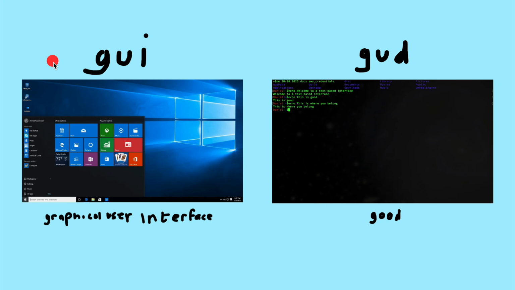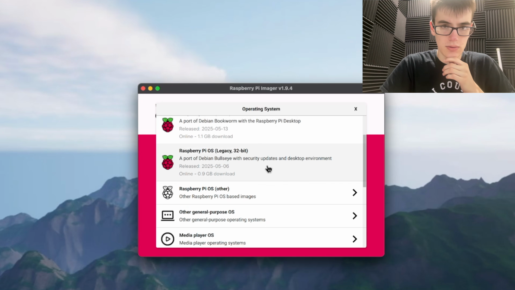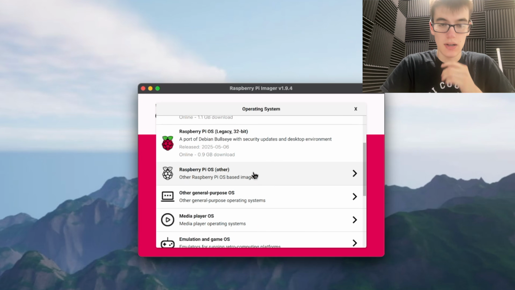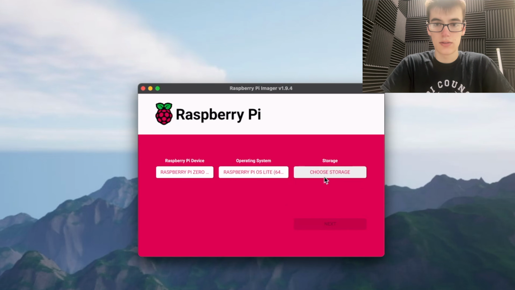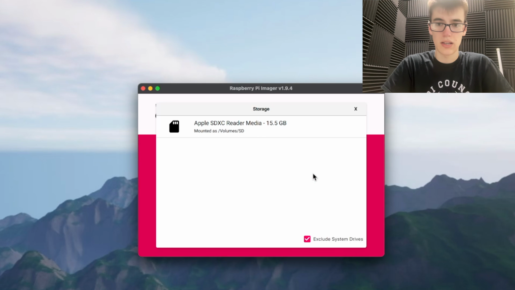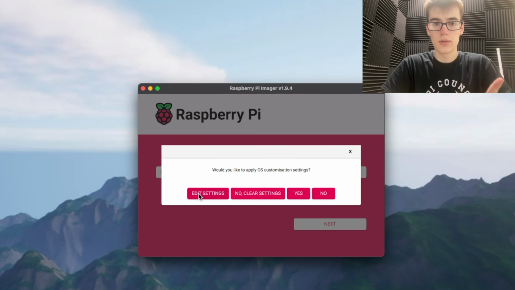Now, I don't really want a GUI interface. I'd like to keep it as lightweight as possible. So I'm going to scroll down here and select Raspberry Pi OS Other, and then select Raspberry Pi OS Lite 64-bit. And as you can see, it says it has no desktop environment, which is why it's going to be so small. It's going to be like 400 megabytes or something like that. And then we can, of course, select our SD card, click Next,